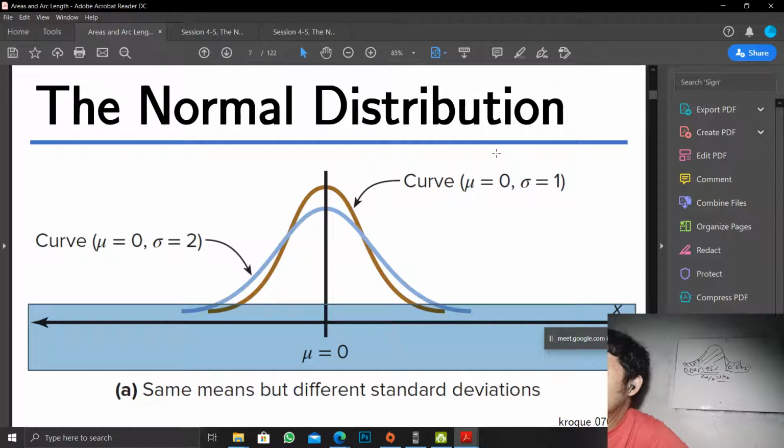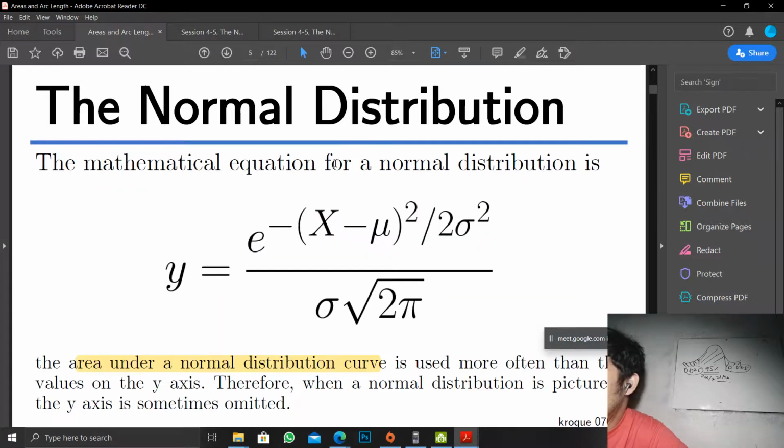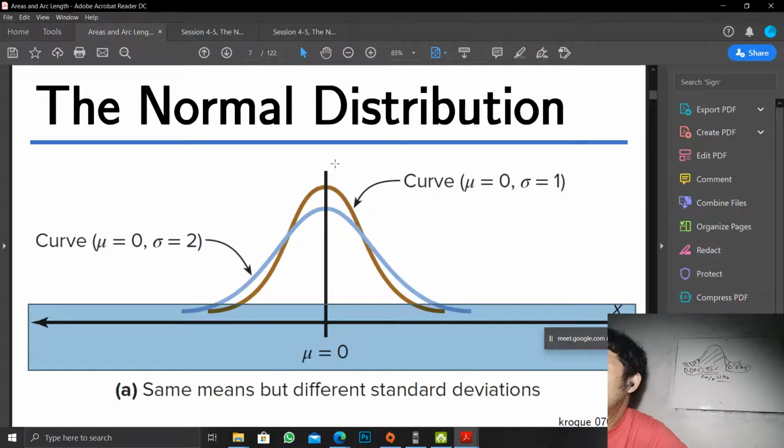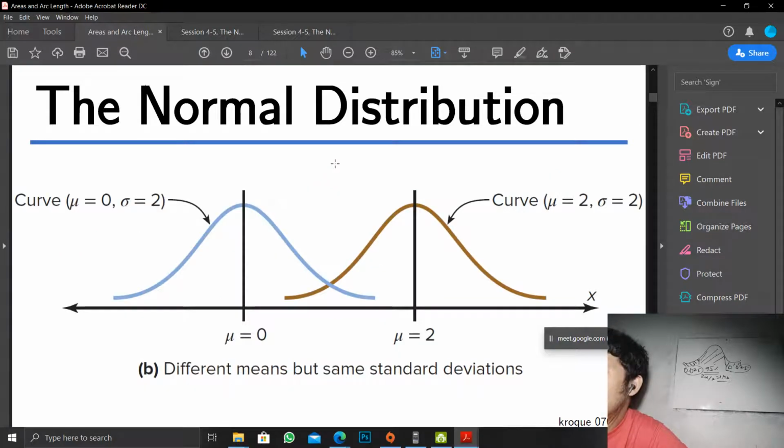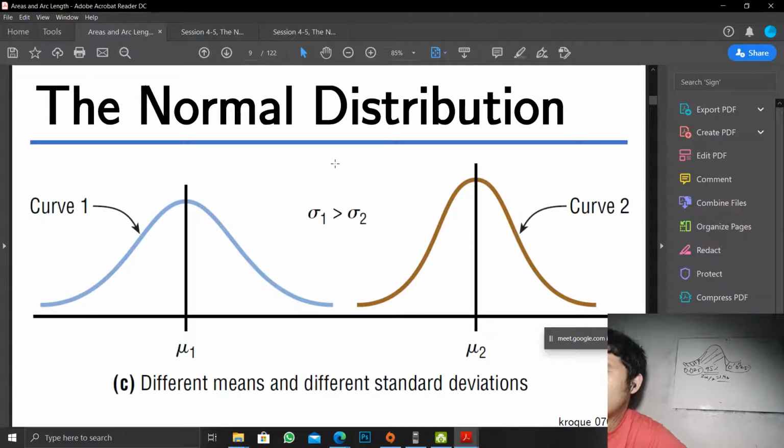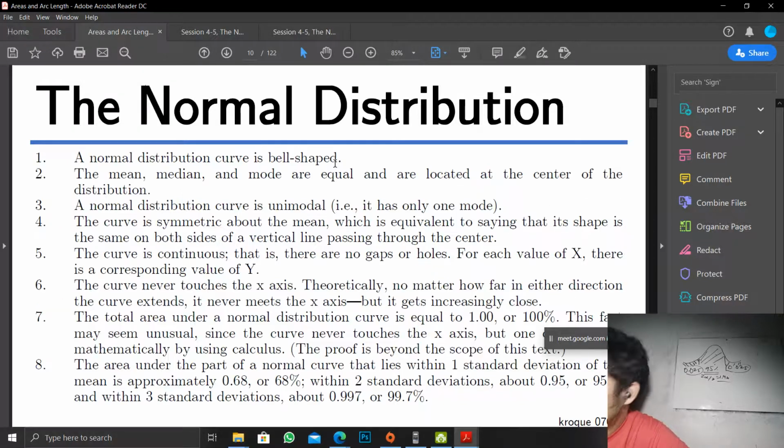So, yung standard deviation shows how steep or gaano kataas yung curve mo. Kasi dito, di ba? Basta given by this. Tapos, pag naman mean, it would move to the right. Look, ha? Yan, di ba? Different means but same standard deviation, same height, pero mas nasa right yung, mas mataas yung mean. Different means and different standard deviations. Yan, magkaiba yung shape ng bawat bell curve nila. So, ano lang importante dito? The curve never touches the x-axis, di ba?